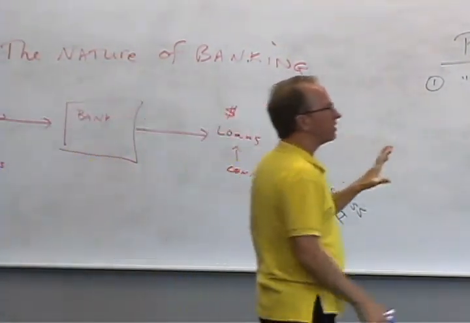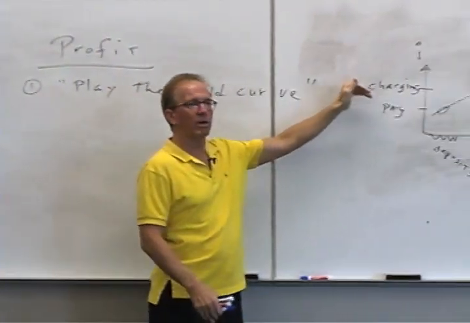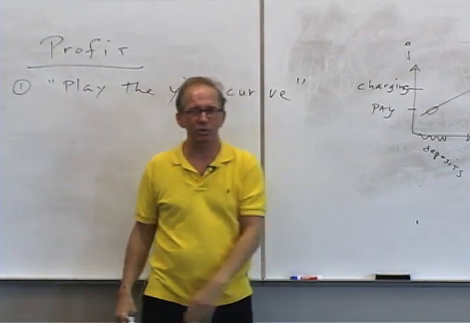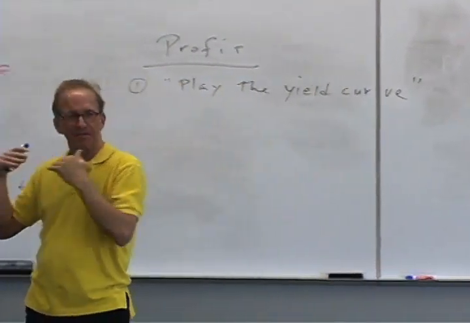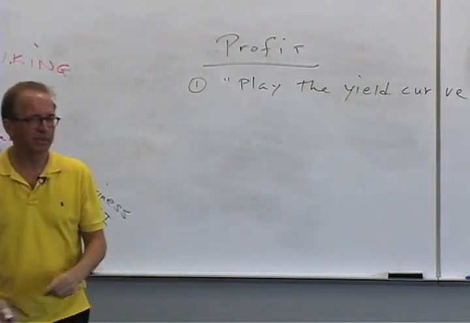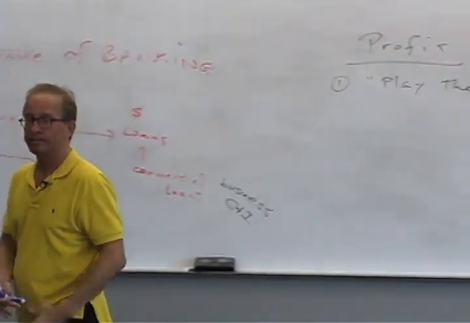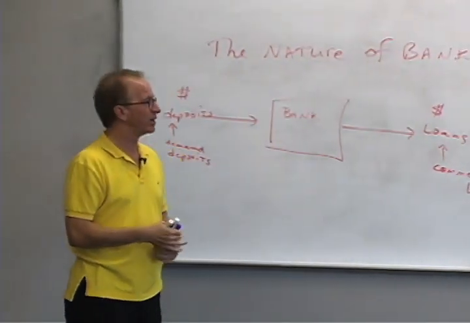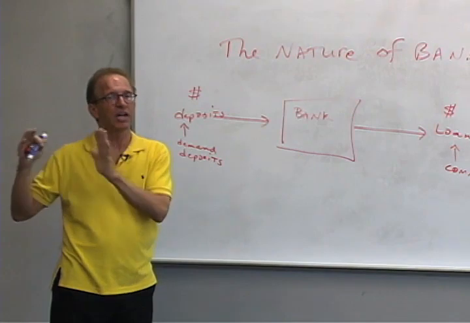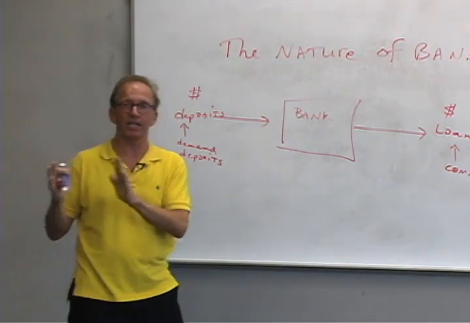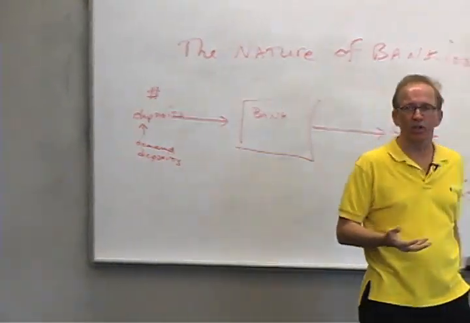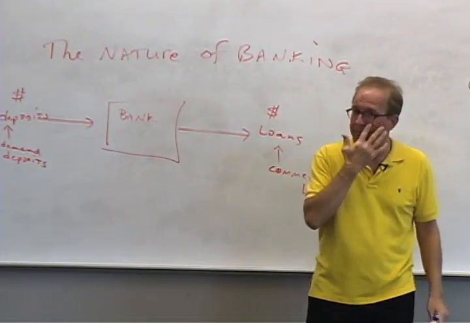And so partly the banker is being paid for basically playing the yield curve, but partly what the banker is being paid for doing is serving as a place to gather up these deposits to make these loans. By the way, this is exactly what we talked about at the end of that last unit. I said, oh, why do bankers exist? To deal with asymmetric information. And then at the end, I said, to lower transactions costs. Well, here's the transaction cost, and that's what I'm describing right now.